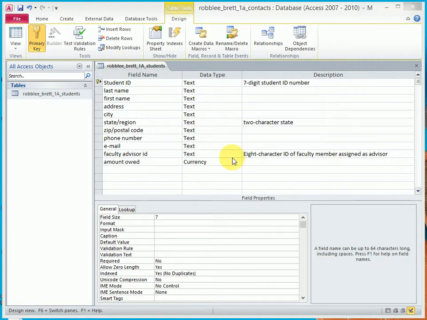For activity 1.11, we're going to add a second table to a database by importing another Excel spreadsheet. So let's get started. We still see the view from the previous exercise where we're looking at design view for the students table in the contacts database. Now click on External Data,